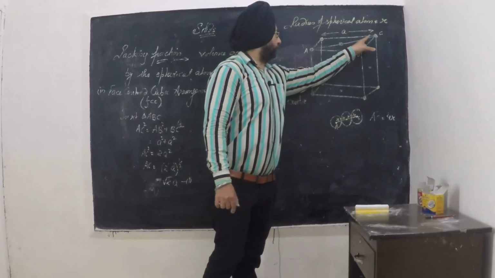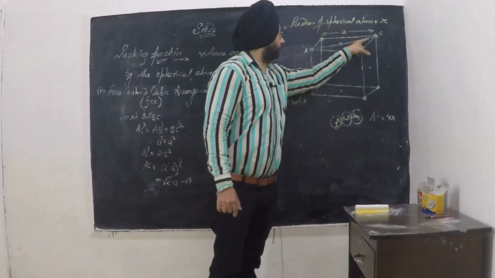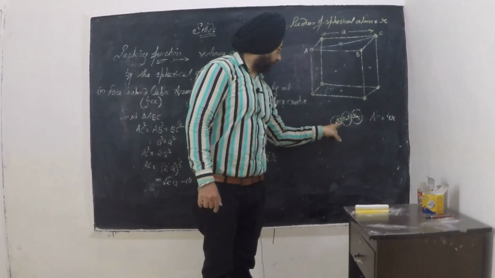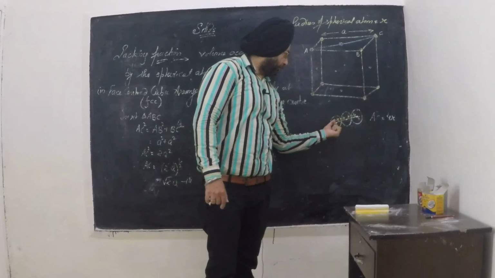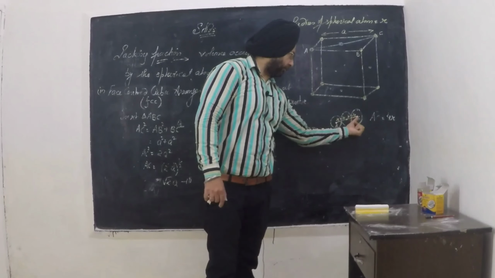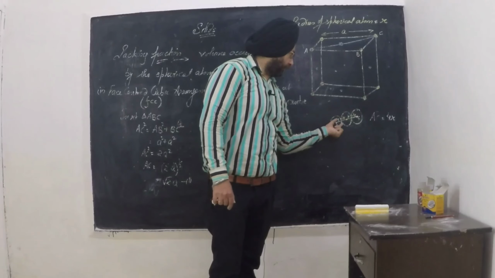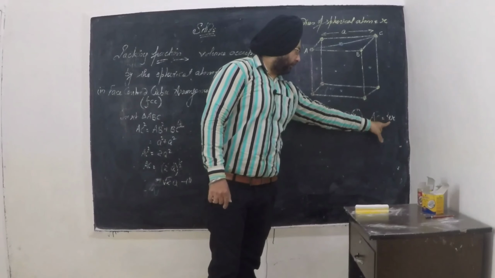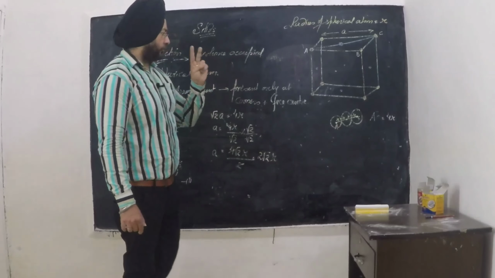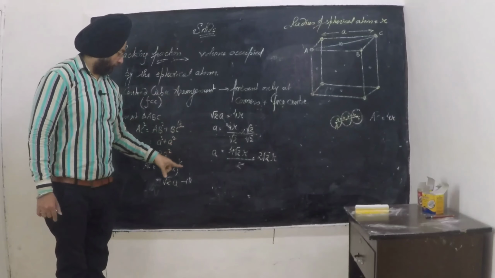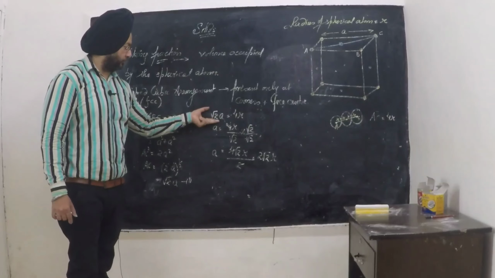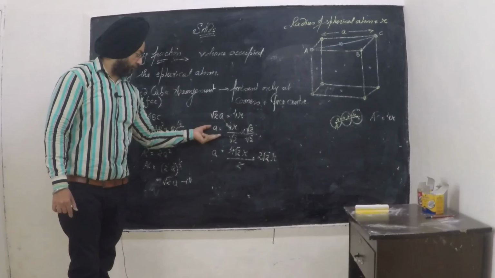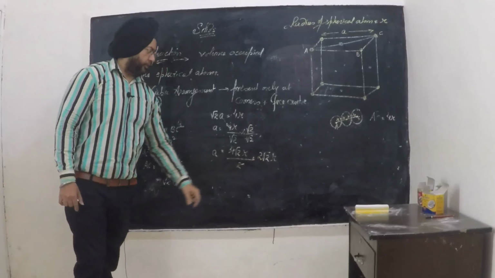Now, as these three spheres are in contact with each other, I have drawn a small diagram. So there are a complete 4R from the center of the first sphere up to the center of the last, third sphere. You have to check how many R's are there. It is equal to 4R. So there are two values of AC: one AC is equal to under root 2A and the second AC is equal to 4R. So equate these two equations and find out the value of A, it is equal to 2 under root 2 R.